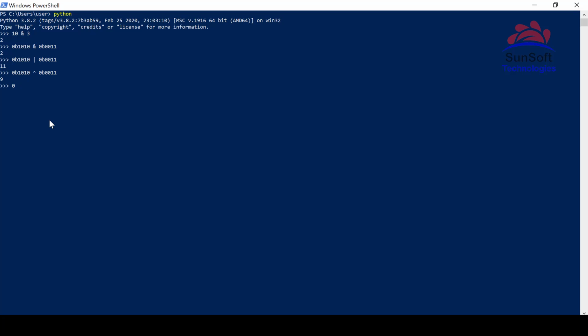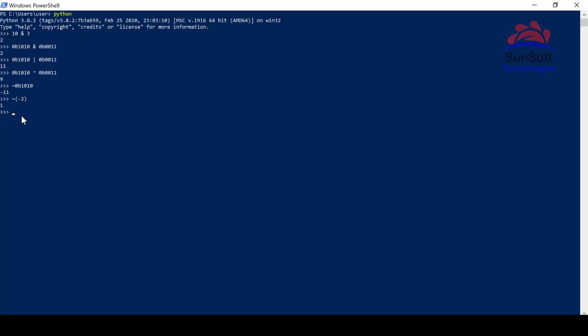So now let's see the not. Not is the tilde sign with any operator. Now let's see what it's going to do. It returned minus 11. The minus is because it used the sign bit. It also changed the sign bit, so that's why it's minus. So let's use the tilde with a negative integer and see what happens. Because of 2's complement, because we use the 2's complement to store the number, that's why it's returning 1.